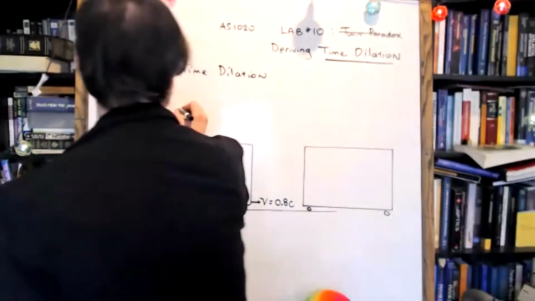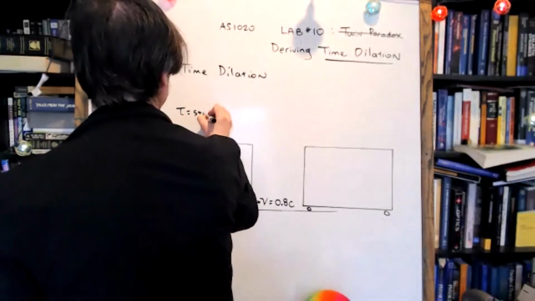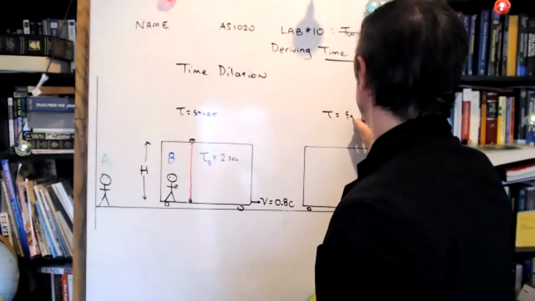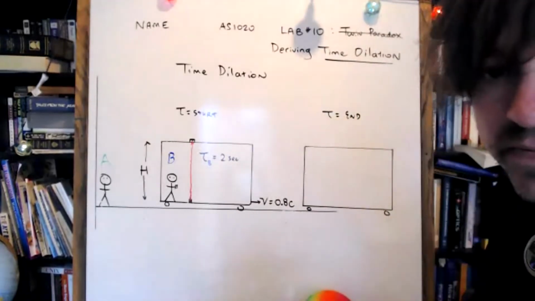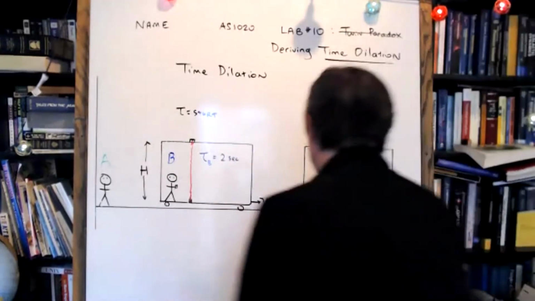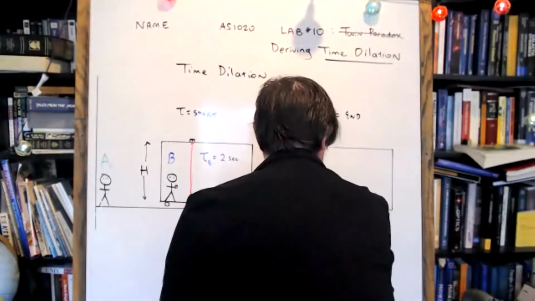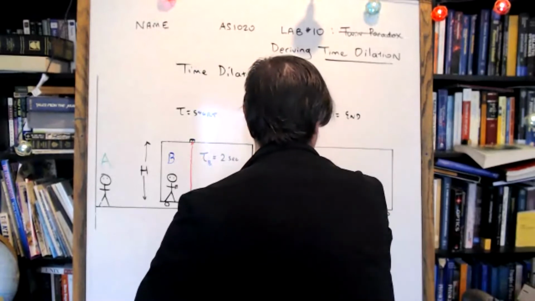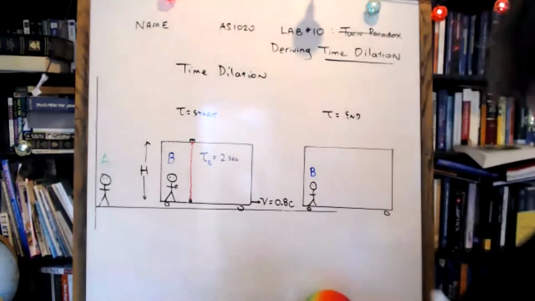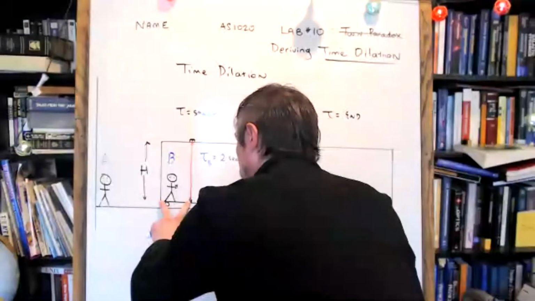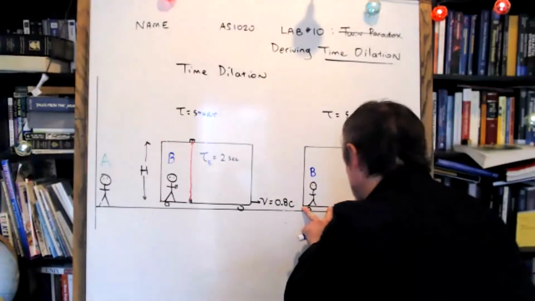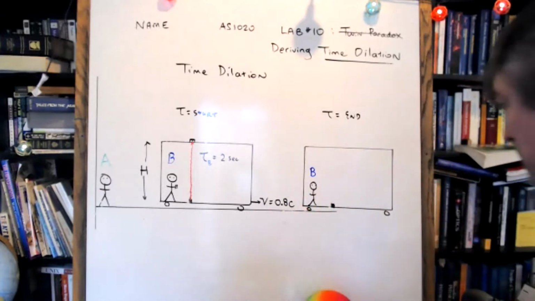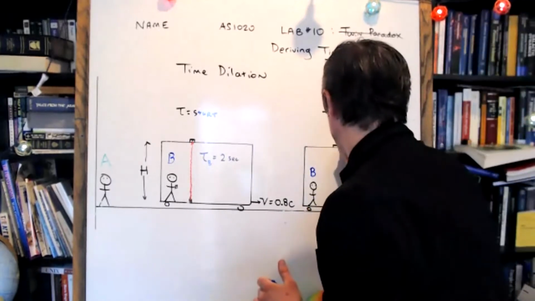So let's say this represents the start of the experiment, and this is the position of the cart at the end of the experiment. B will start off here, and by the time the experiment ends, observer B will have rolled forward some distance in time. The laser will be roughly the same distance from the side of the cart. The detector is up here.